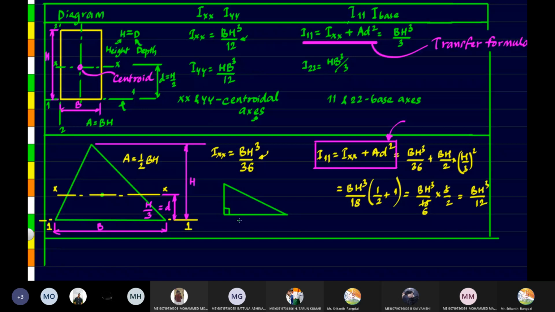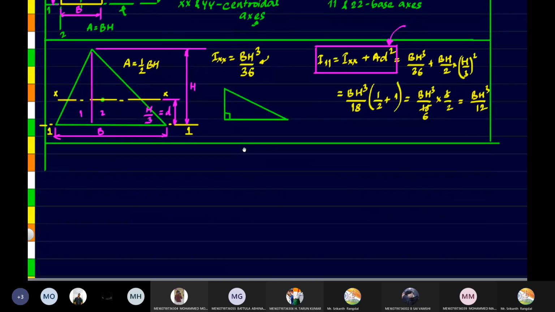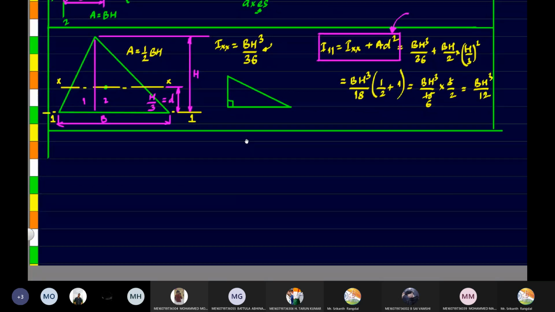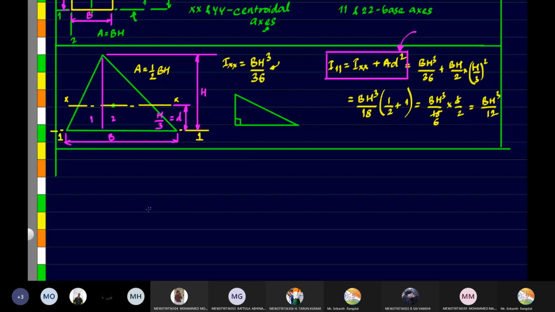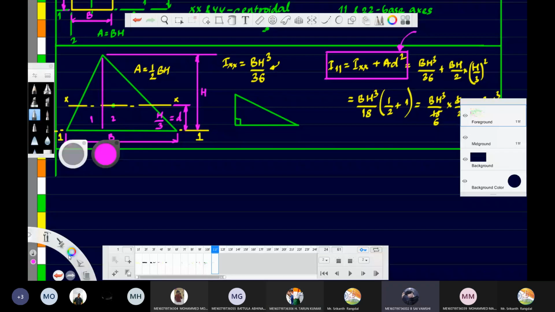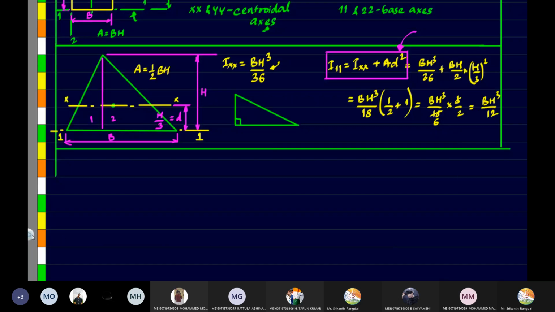Okay, so most of the times the standard diagrams, we have to take it as a right angled triangle. Fine. So even if our triangle is not a right angled triangle, what we have to do is divide it into two triangles, 1 and 2. Fine. And the result of both we have to take it. So that's how we'll be solving for the triangle. Fine. So what is the next standard diagram? Circle. Okay, good. Okay, let's take the circle.